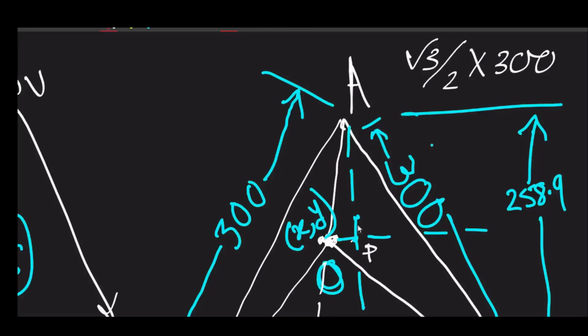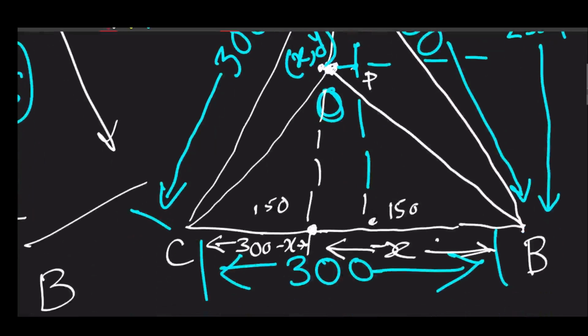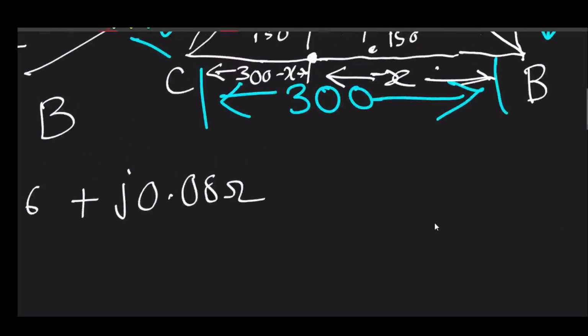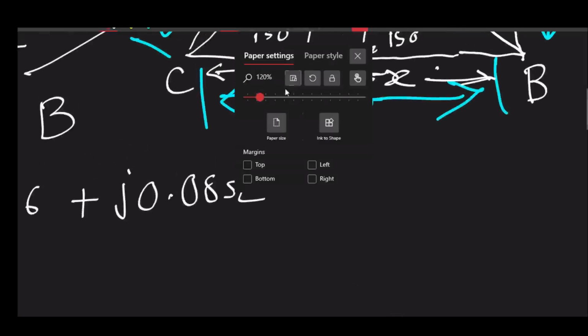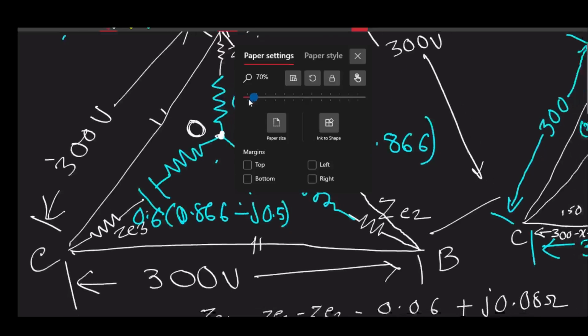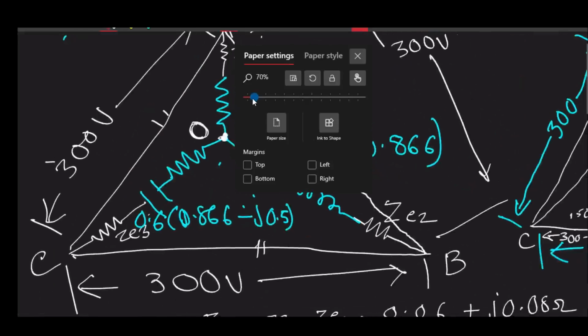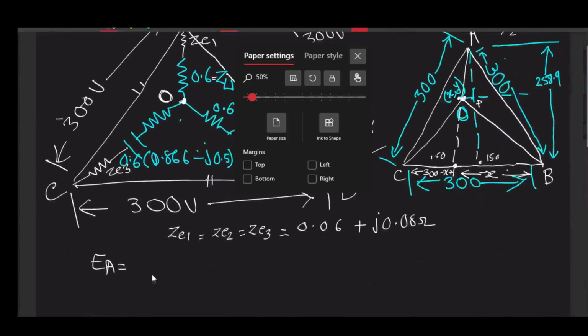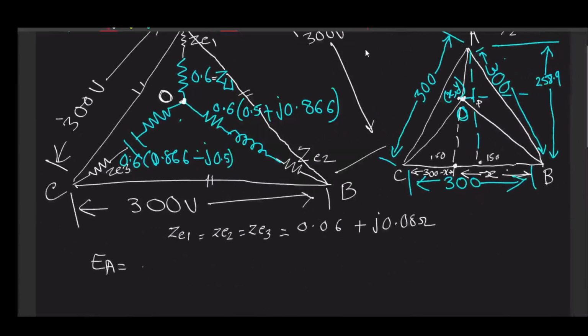It is 258.9 minus y, and that would be positive because if you move from A to O, O to A will have a positive change of y. So let me write the equation. It is like x minus 150 plus